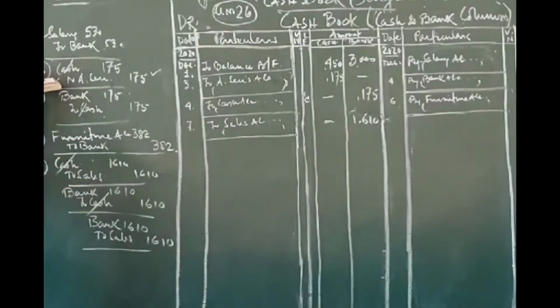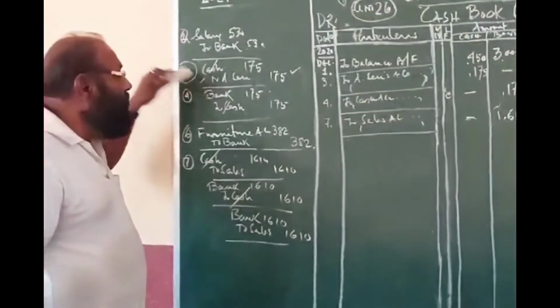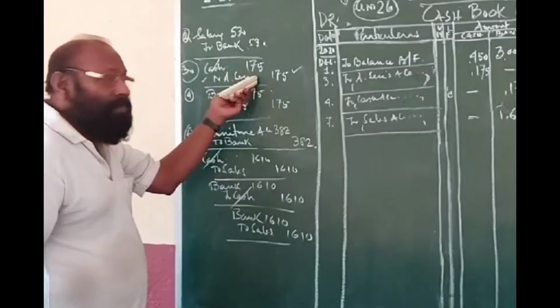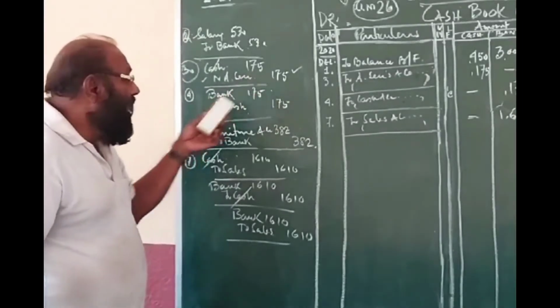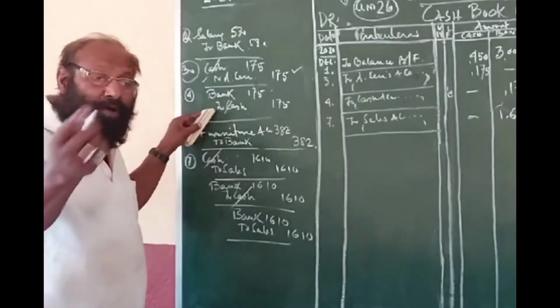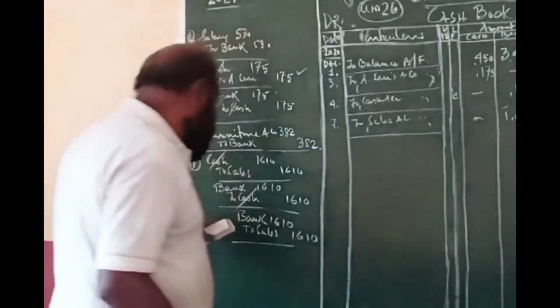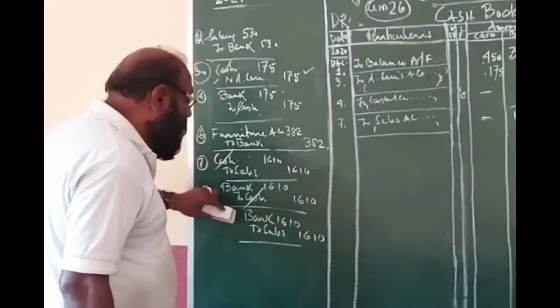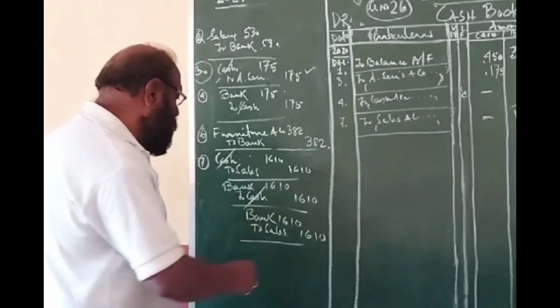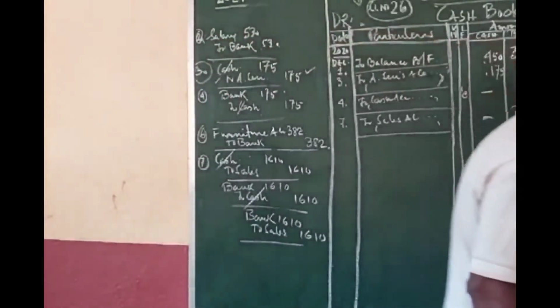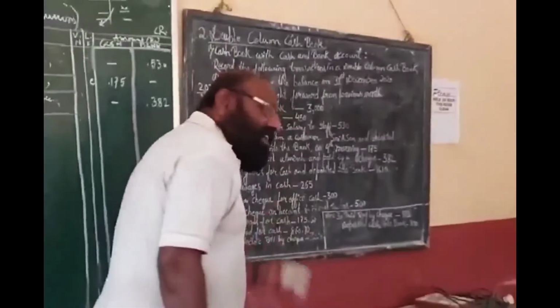It is unlike day 3. On the third day we got the amount from Mr. SN, and the amount was deposited into bank on the following day. So if it is done on the same date, we must make a compound entry. Okay, this is known as compound entry. Clear? Now 7. Okay, paid wages in cash.